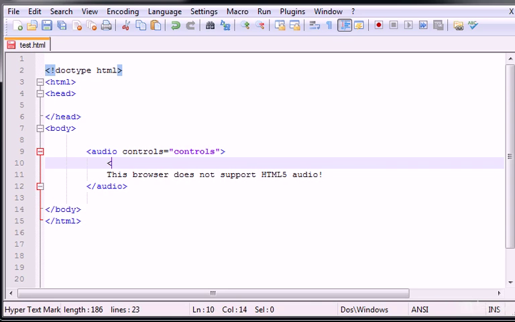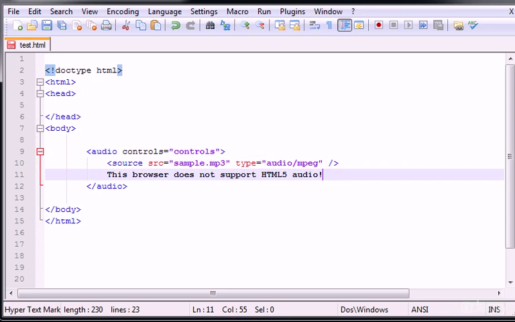Now, here we're going to type source src equals and the name of your file that you want to play. And the name of the file is sample.mp3, and here we're going to type the type of file, which is audio, and in this case with MP3 you have to type audio/mpeg, and that's it. Okay, now let's save this,